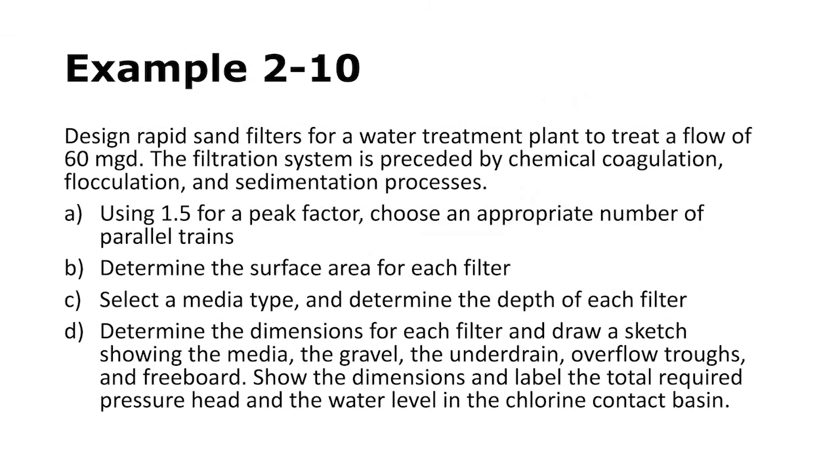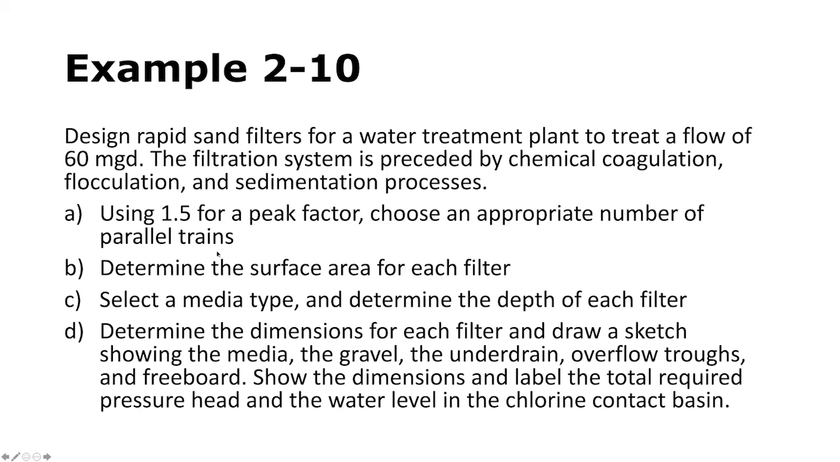All right, let's do another example. Suppose we have rapid sand filters for a water treatment plant that are treating a flow of 60 million gallons per day. The filtration system is preceded by coagulation, flocculation, sedimentation. For this case, we're going to design the sand filters, meaning choose a size, choose dimensions for them, choose the media, determine the thickness of each media layer, determine the underdrain, etc. So let's use, for this flow rate, 1.5 for a peak factor,